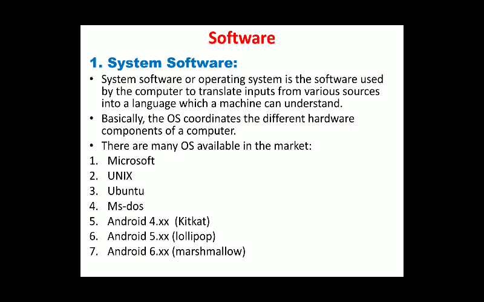So through the operating system it can be judged whether your phone is upgraded or not. If the phone is upgraded but the operating system is not updated, then your phone is not upgraded. So when we are buying phones, we are checking the operating system, the RAM, the ROM, its capacity, its power supply. So these all are types of your system software.